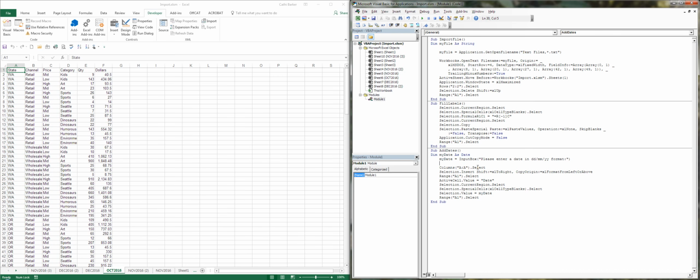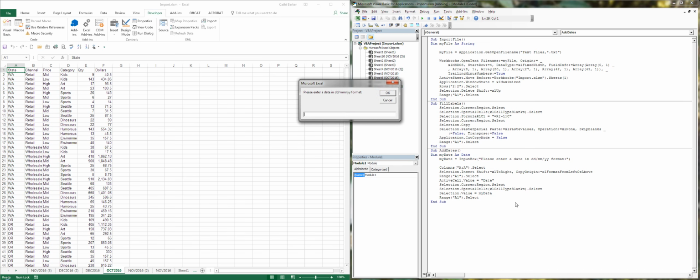Now when I come to here and go F8, at this point when I rest on that variable, my date is equal to 12 AM because we haven't put a date in yet. So you can always check what a variable is worth or equal to at any point in time, because it changes with time, just by resting on it. When you go F8 and F8, if I put a date in, and say I put in the 1st of the 11th, 2016, and OK,